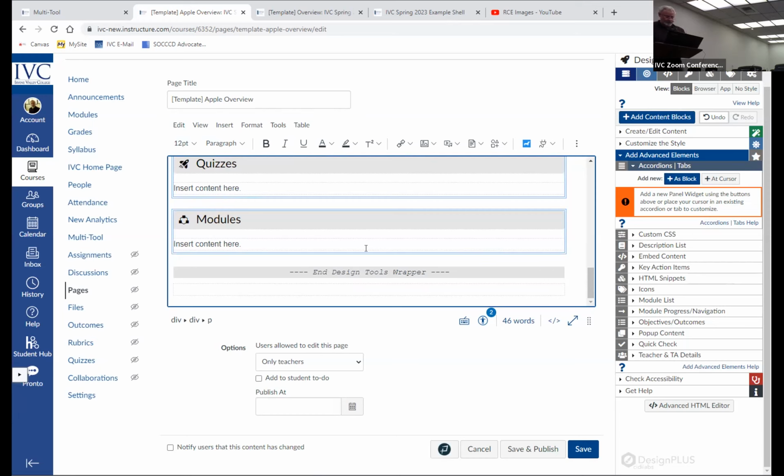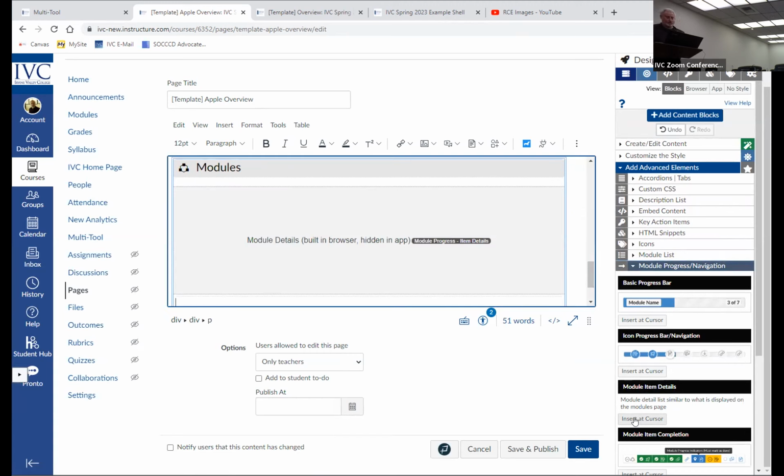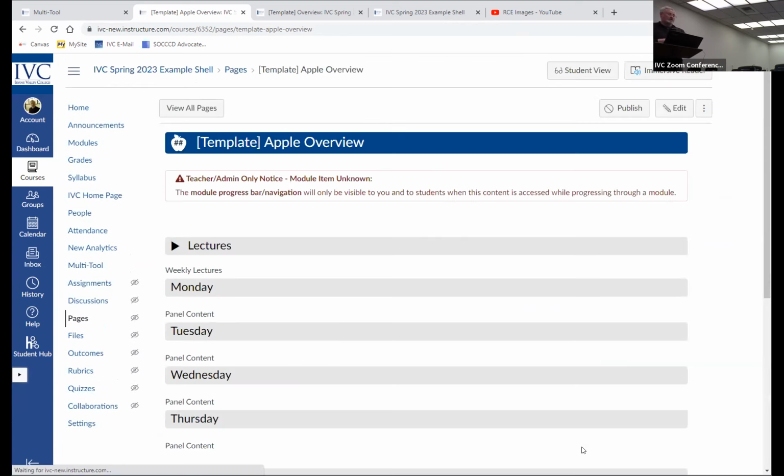Okay. At the bottom here, I would like to show the content of the module. What do I mean by that? So going back here to this module progress navigation, I'm going to go ahead and insert at the cursor a module item detail. All right, and save it. As I've saved this,